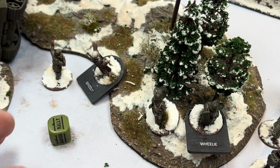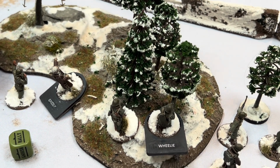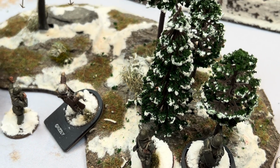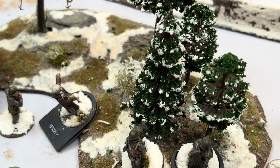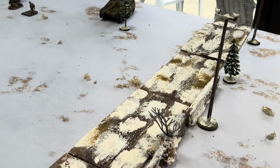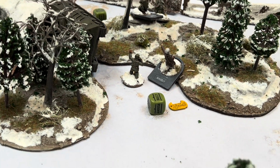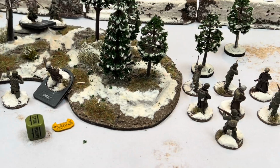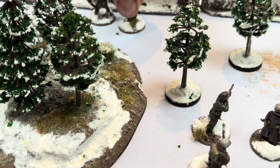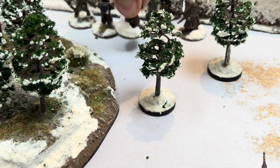Okay, over this side, Grizzly is going to do a snap 2. And he's just going to take out 1 for the wheelie. And I'm going to try and bazooka Lucky Ralph. I'm going to move up 6 and then fire a shot. Yeah, it's about 30 odd inches. So Grizzly's just going to stay where he is. There's no point in him putting himself on offer. Americans, this squad here is just going to move up. Again, I know they're out of range, but at least if we're by the fence, then